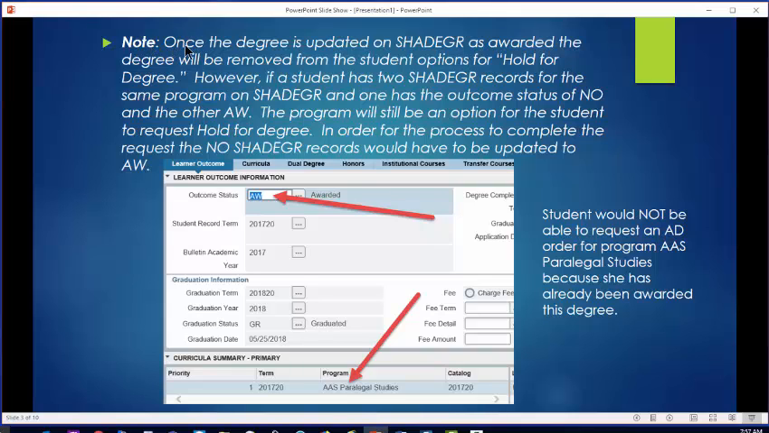So I said, no, once a degree is updated on SHA degree as awarded, the degree will be removed from the student's option for hold for degrees. However, there's a caveat here. I just went through the full thing that it won't pull the program if it exists on SHA degree